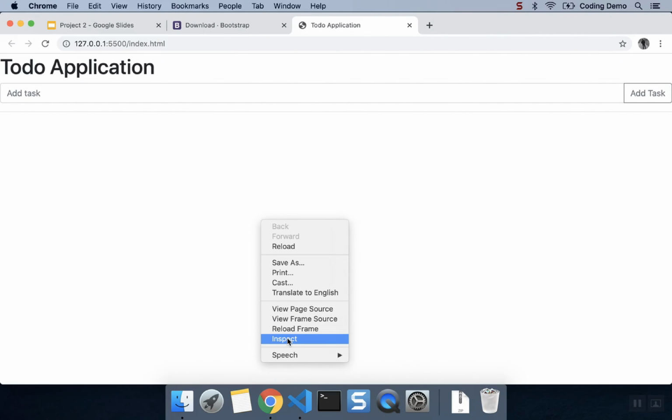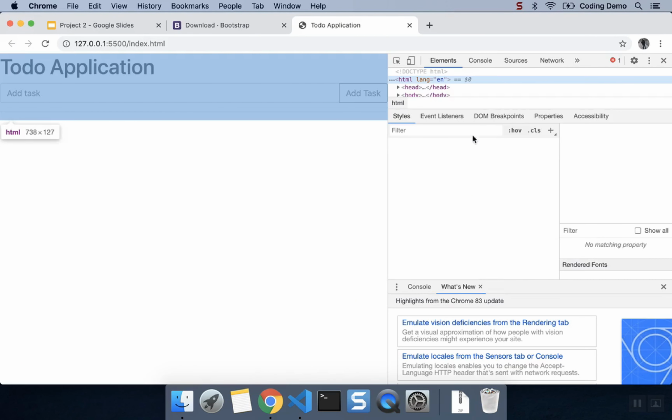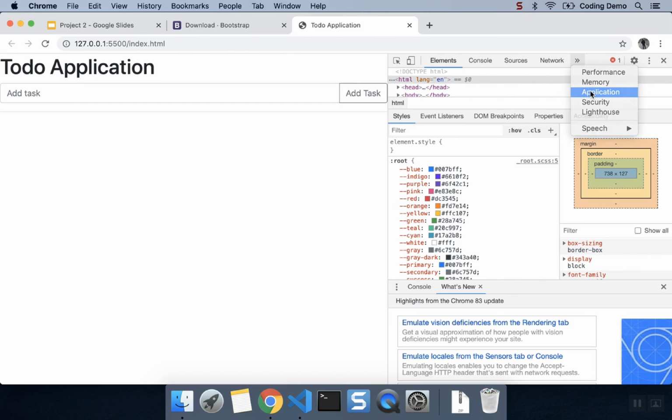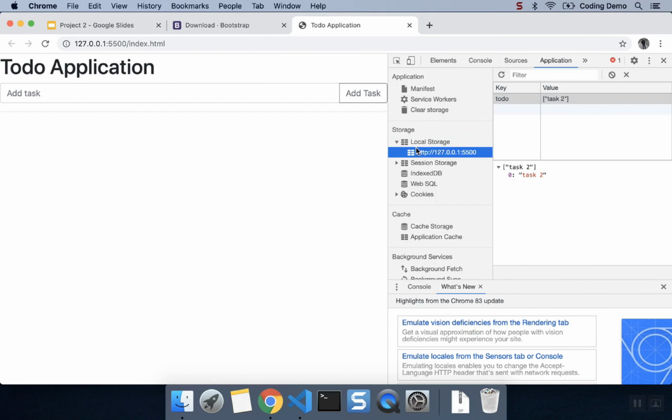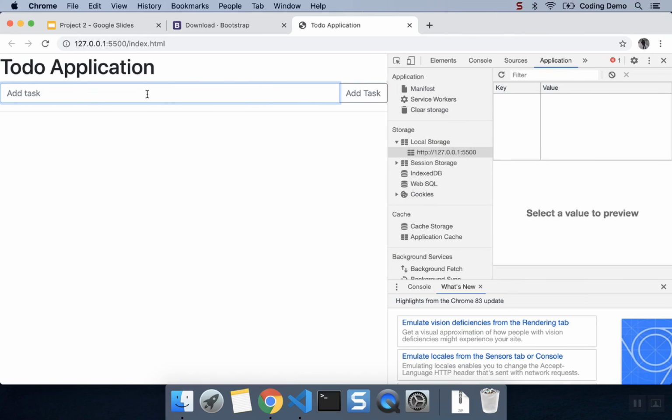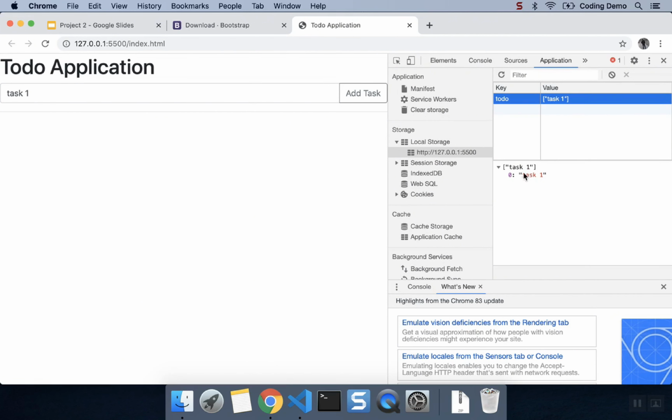So I'm in my browser. I will open up the developer tools, and I will head off into the application and select the local storage. You can just ignore this. This is something I was testing before. I'll just clear this. Let's start by adding a new task. Alright, so the task 1 is being added in here with the key of to do and the value of